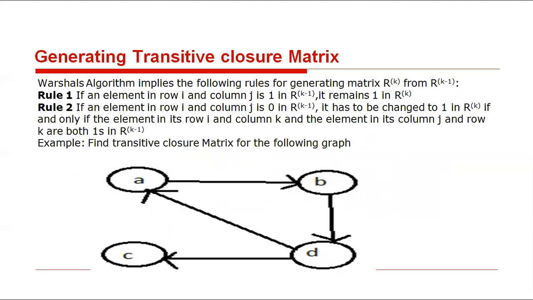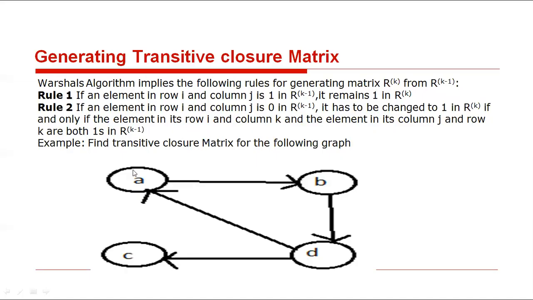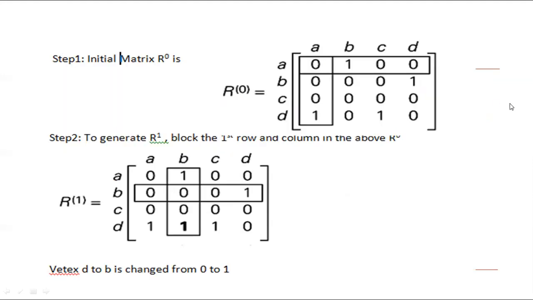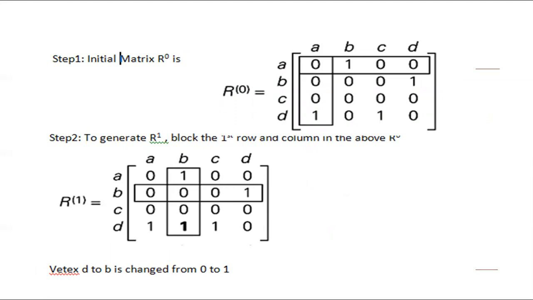How to get the transitive closure matrix? So simply this is the graph. In the graph, the first one, so A to A is 0, yes or no? And the first one, A to A is 0. Then A to B is 1, yes or no? All of you. A to B is 1. Next one, A to C is 0, A to D is 0. So simply A to A is 0, A to B is 1, A to C is 0, A to D is 0. In the first one, only take 1 edge. Clear? The next one is take 2 edges.